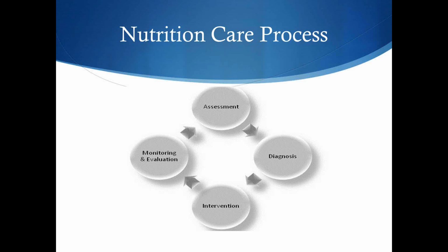So as dietitians, the Academy of Nutrition and Dietetics came up with this nutrition care process in order to standardize care and provide high quality care for the patients. It's usually divided into assessment, diagnosis, intervention, monitoring, and evaluation. So here in the hospital,